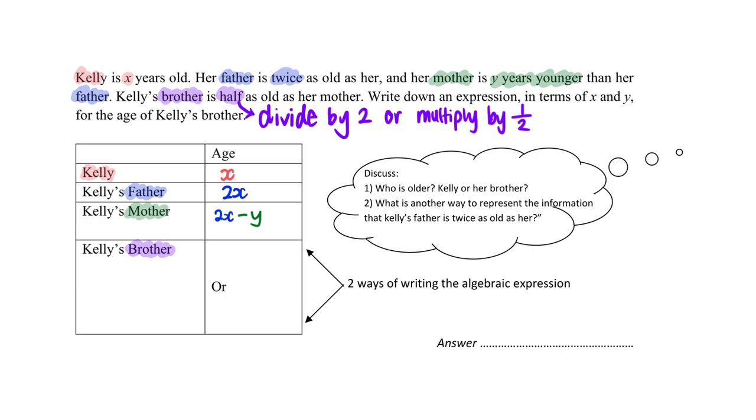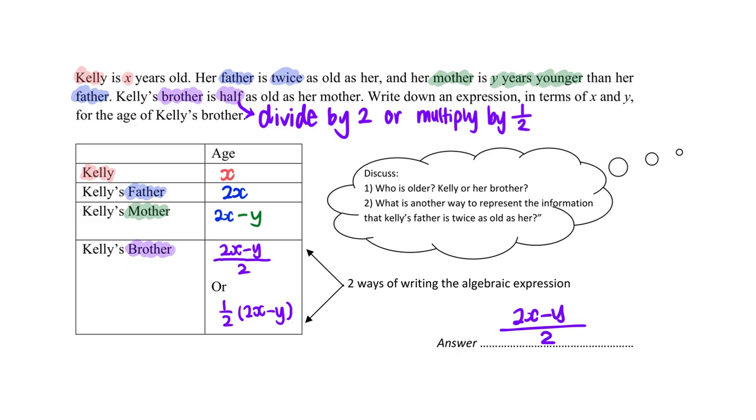And therefore, you should see these 2 possible answers. Mother's is 2x minus y. I either divide the whole thing by 2 or I multiply them by half. These are the 2 ways of writing this algebraic expression. So either is fine. And actually, in case you are wondering why are they equivalent, let me show you briefly